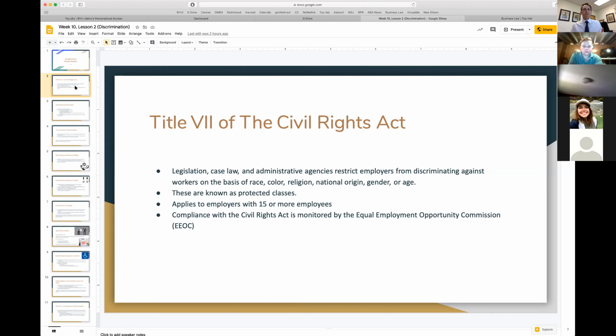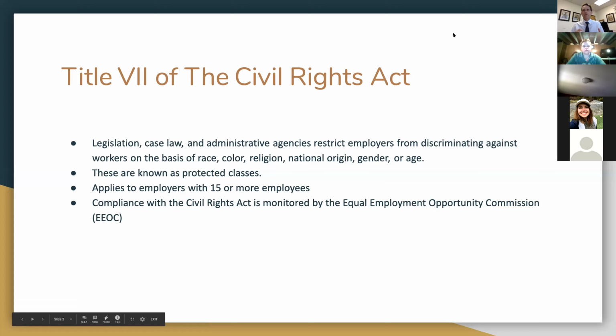Here, I've got on this slide the list of protected classes. We're looking at race, color, national origin, religion, gender. Now, we'll also talk about disability and age. I should take age off of this one right here. Actually, I think age is part of the Civil Rights Act, Title VII. But these are the protected classes. If you don't fall within these protected classes, then you don't have any recourse, at least not under the